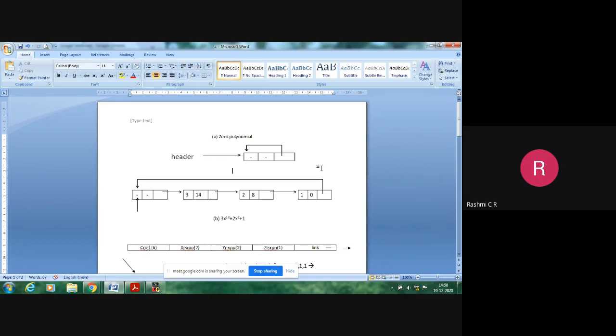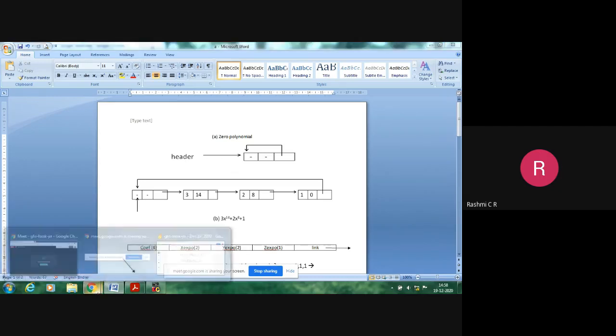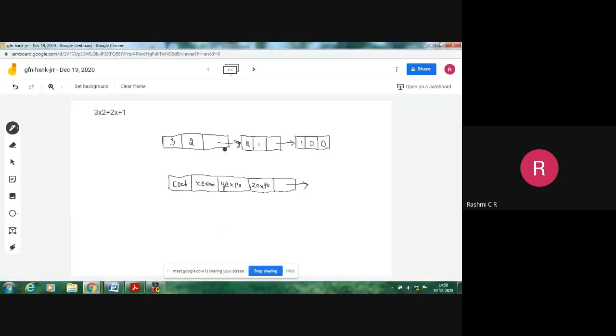So what is the difference between singly linked list and circular singly linked list? When you consider the singly linked list, the last node will be indicated as null. Suppose you want to change that to circular, in that case, what happens here? This link part will come back to the first node. It will point back to the first node to make it circular. So that is the difference between singly linked list and circular singly linked list. In circular singly linked list, the last node link part will be pointing back to the first node.